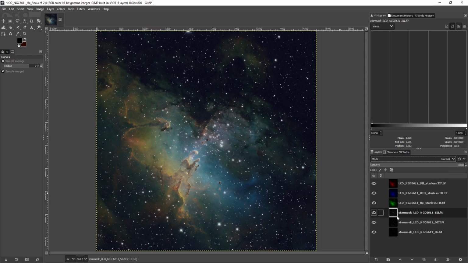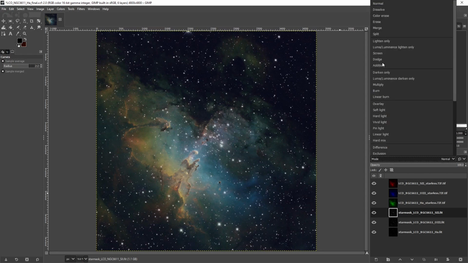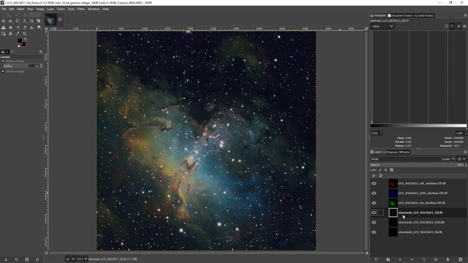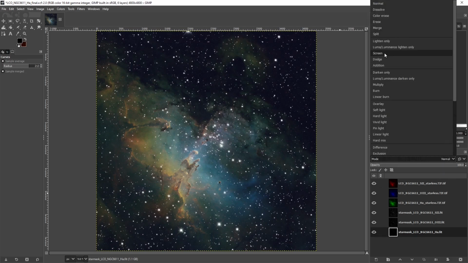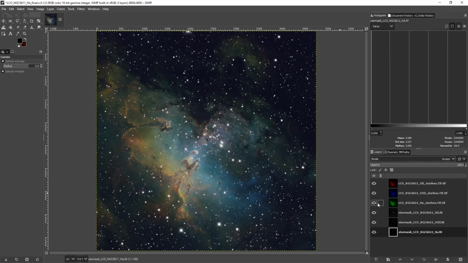Oh, we still need to set the mode to screen for each of these star masks. So I almost forgot to do that. So let's go ahead and do that now. Set from normal to screen for this star mask. And we'll do the same for the next one and for the next one as well. And we should probably